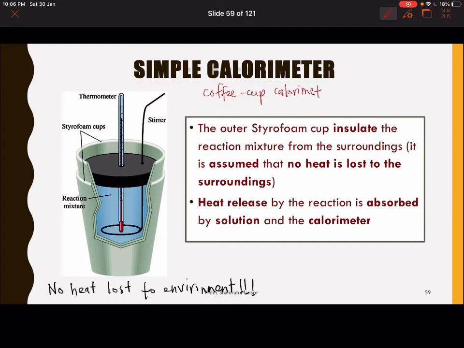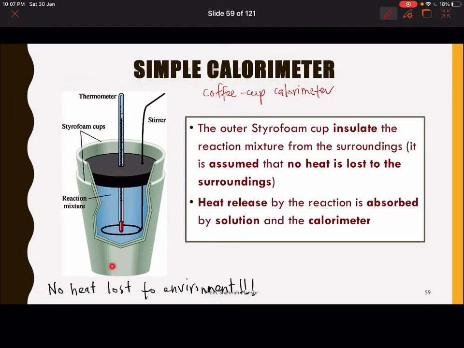Why coffee cup calorimeter? Because we use styrofoam cups. The outer styrofoam cup insulates the reaction mixture from the surroundings, so it is assumed that no heat is lost to the surroundings. Inside these styrofoam cups, we put our acid and base and let the neutralization reaction occur inside